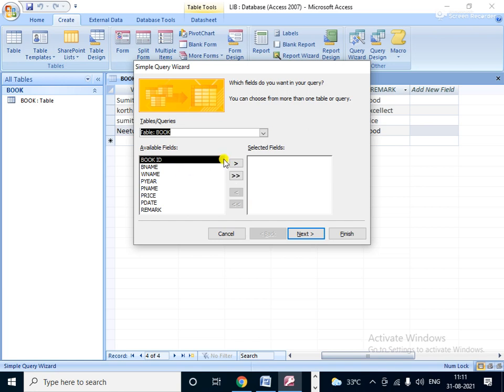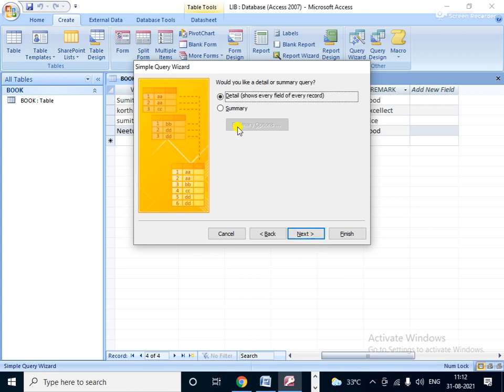Otherwise, one by one you click like this, it takes too much time. But in a single click like this, the whole set comes together in the selected fields. Now after finishing, see the Next option is highlighted. Now simply click Next.